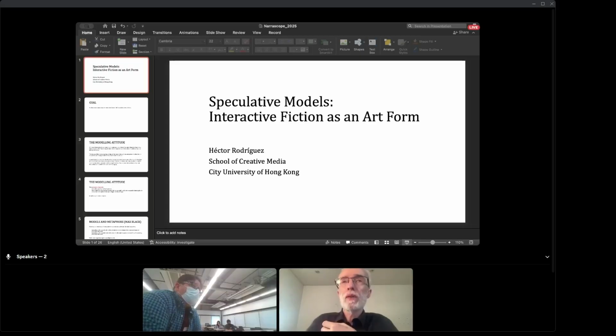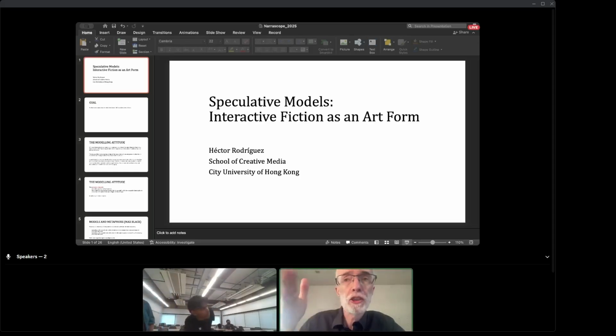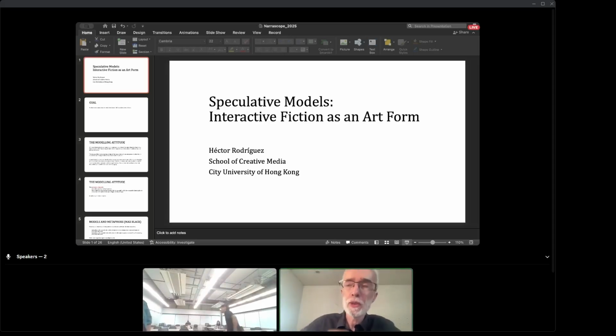So I had a long discussion of this, which is in my paper. And I'm almost done in terms of narrative and closure. So I'm going to skip this. I have a discussion of riddles and of the nature of riddles and how we can look at all narrative in a way as a riddle. But I'm going to skip that section. It's quite a long section in the paper.